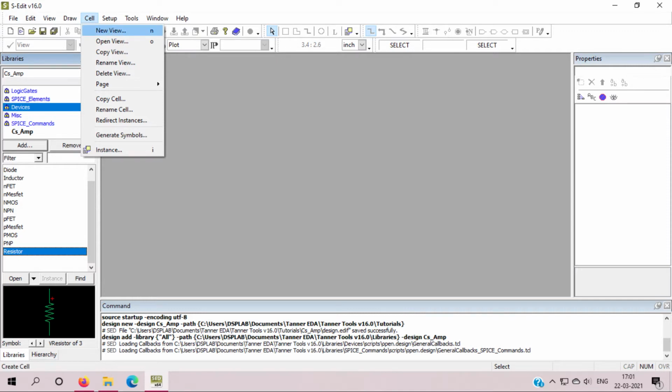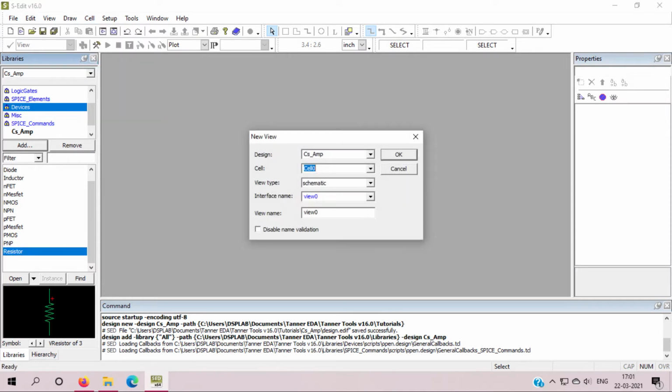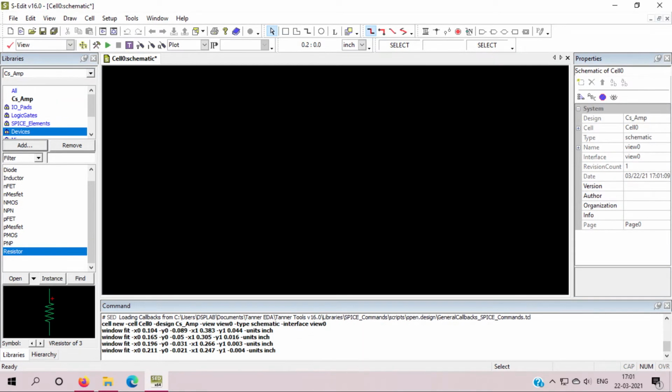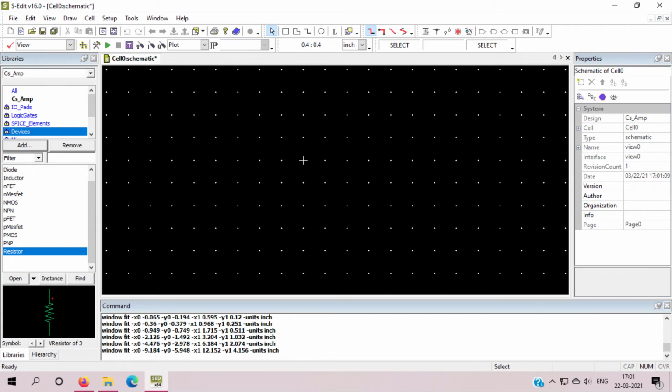For that we have to construct a cell. So here this is my cell. Just zoom in to this, and on this cell I have to draw the circuit. For that I will go to device.